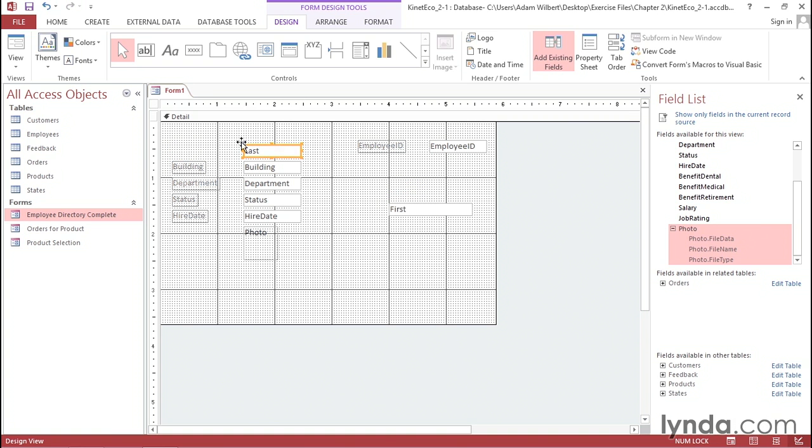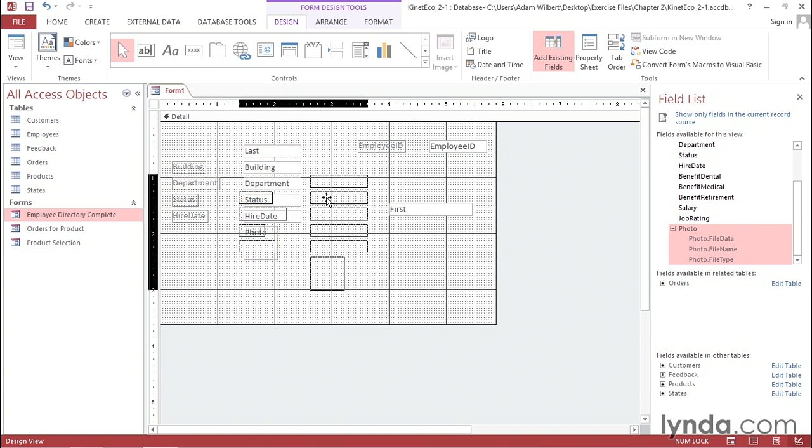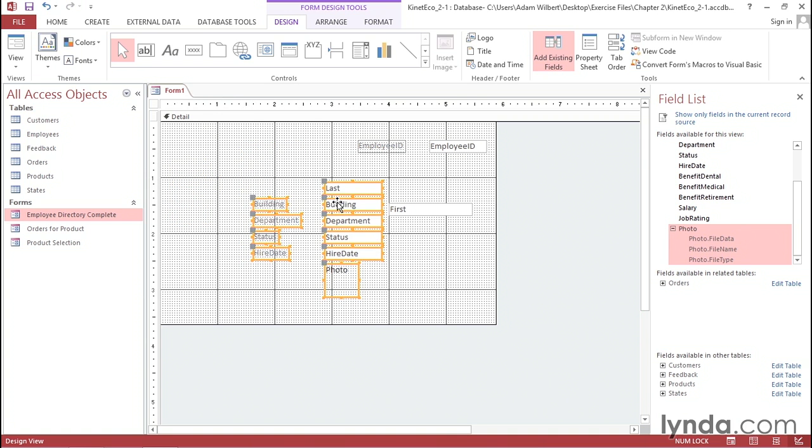Now we can go ahead and start rearranging things. I'm going to click and drag a box to select multiple items at once. Then I can click on them all and drag them out at the same time. So I'm just going to move those out of the way here. I'll go ahead and click off to deselect, and then I'll select the photo and move it up into the